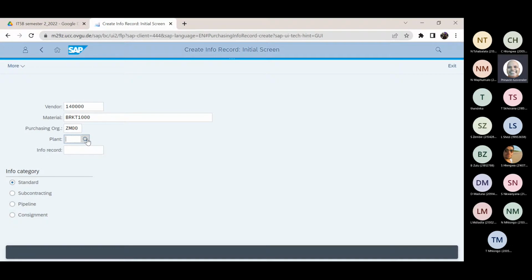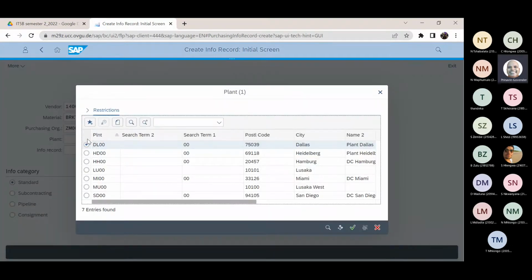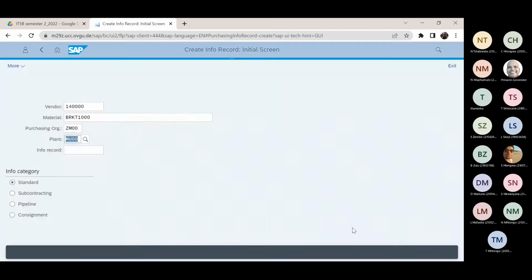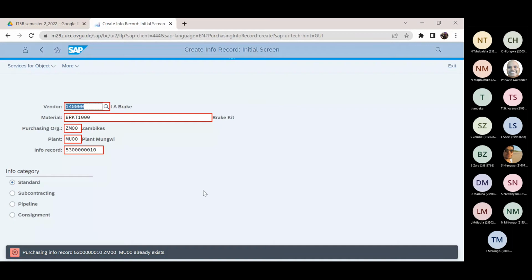If I don't know the plant, I can go and search for it. My MU00. Let's take the one in Lusaka. Lusaka. And I'm okay with that. Now I need to press enter. Okay. It says the purchasing information record